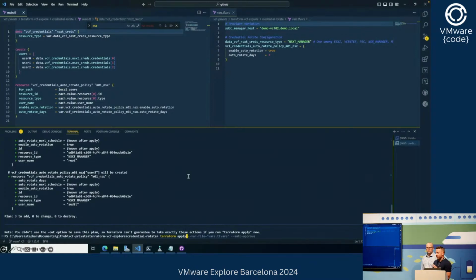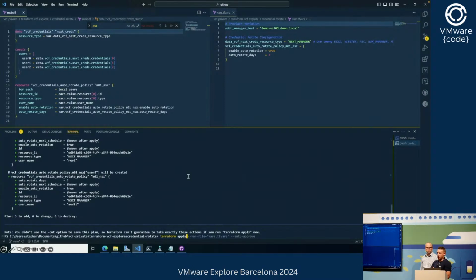I'm getting a little bit confused with our API talk track that we do as well. In this particular demo, we are taking all of the NSX accounts, so audit, admin, and root, and saying every 7 days I would like it to automatically rotate those passwords. They would then be available through the various methods of extracting passwords, for instance password_lookup from the SDDC Manager CLI,